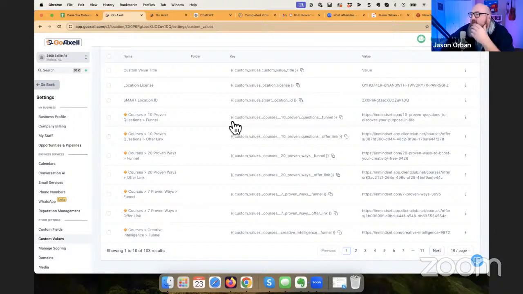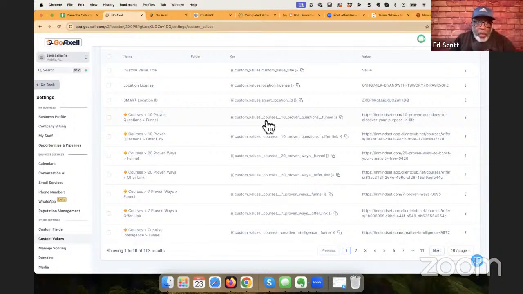Right, because with the custom value you change the name of the custom value to what the merge key is. Usually when you create a custom value, it will create the merge key based on what the name is. But it looks like you had the merge key created before, and then you went and changed the name of the custom value afterwards. Well, in this case, yeah. So in this case, though, what we did was, so like